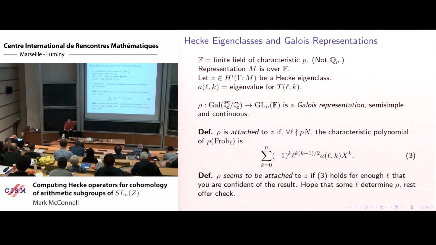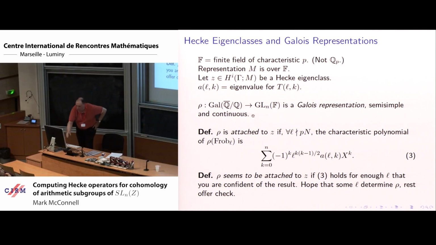Well, in the cohomology, I can consider eigenclasses for the Hecke operators, and let a_{ℓ,k} be the eigenvalue for T_{ℓ,k}. I'll be considering Galois representations of the absolute Galois group of Q into GL_N(F), which are semi-simple and continuous. We'll say that such a representation is attached to the cohomology class if, at least in all but a finite number of cases ℓ, avoiding the cases where ℓ divides either the p in the coefficients or the N in the level,